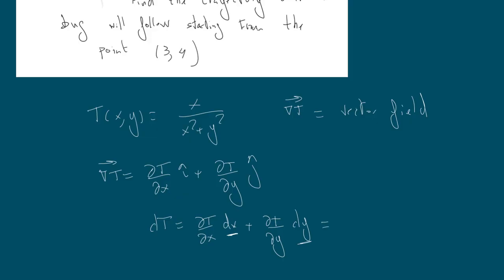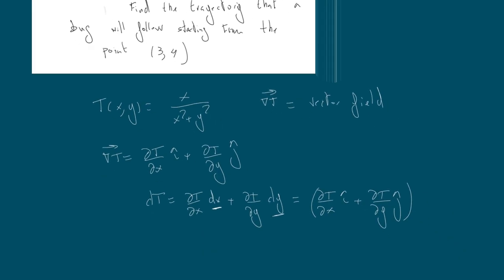But this can be written as the derivative of T with respect to x, i, plus the derivative of T with respect to y, j,